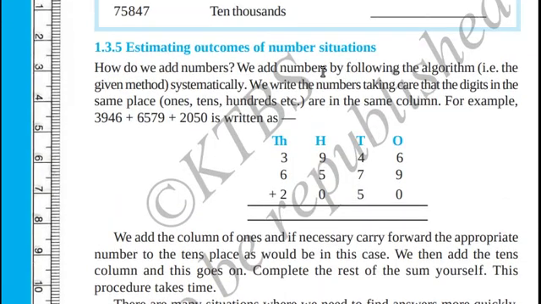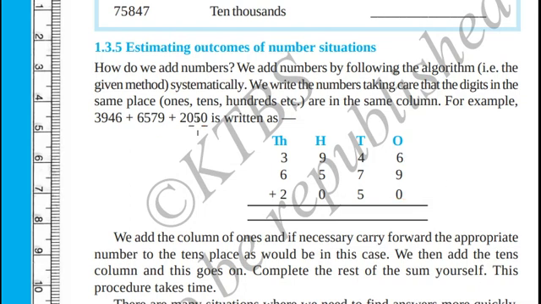Estimating outcomes of number situations. How do we add numbers? We add numbers by following the algorithm. An algorithm is a well-defined sequence of steps. Say for instance, we need to add these 3 numbers. First we place these 3 numbers in their respective places. We can see 0 is placed in 1's place, 9 is placed in 1's place, 6 is placed in 1's place,